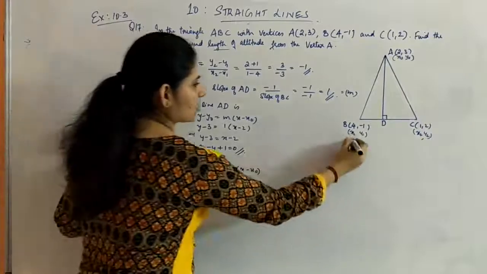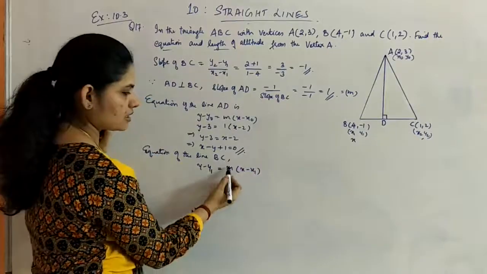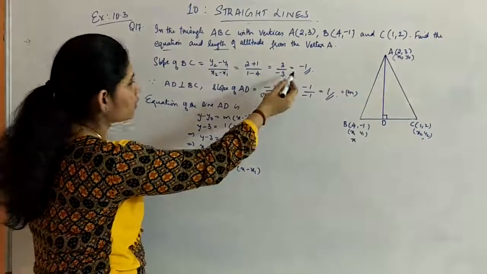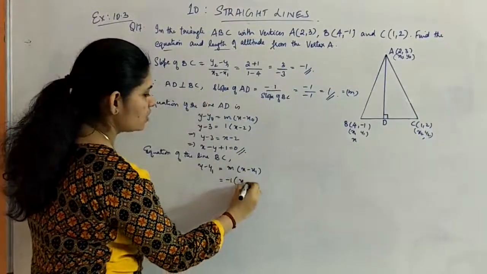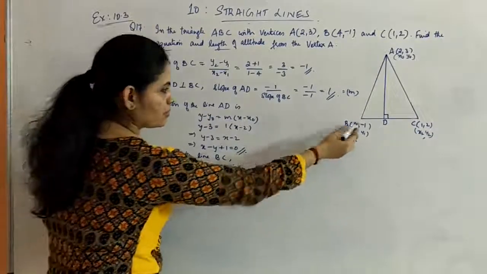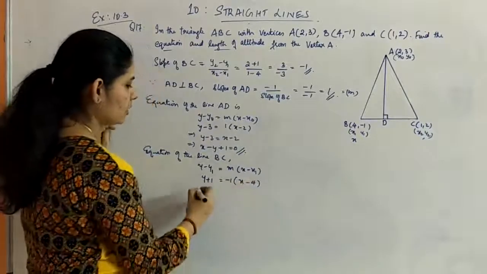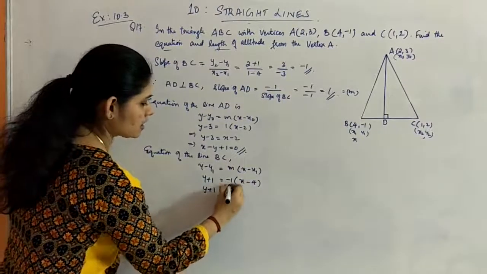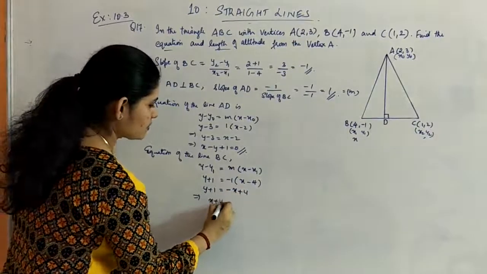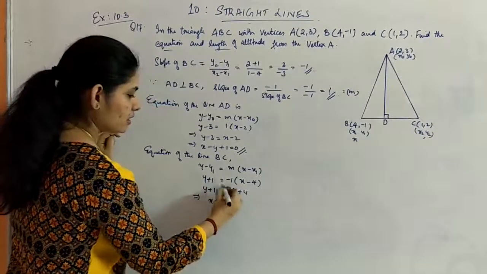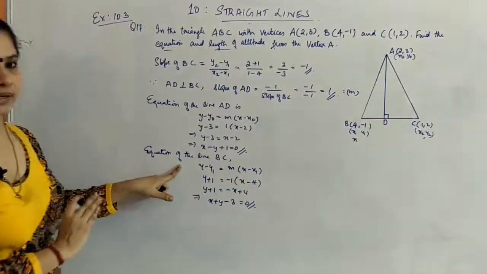So you will take this as your x naught, y naught, or you can substitute y minus y1 equal to like this, right? This is y2 minus y1 by x2 minus x1, which you already got. We need to substitute only. This is equal to minus 1 for the slope of BC into y minus y1, which will be 1 minus 1, so it is plus 1, and here you will have 4. Okay, so you are getting y plus 1 is equal to minus x plus 4, or x plus y minus 3 equal to 0 as the equation of line BC.